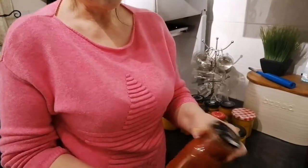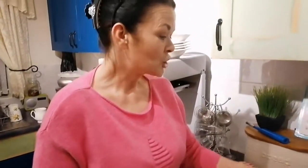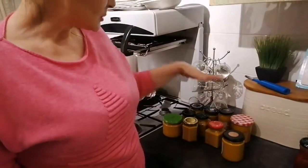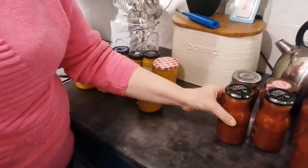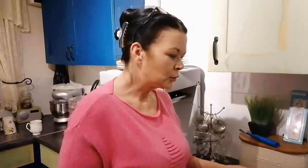I've told you before, people actually collect them and give me them once they've finished using them, and I try and look for the jars that are most suitable. So this is a condiment, and I feel they're more like condiment jars. This is a sweet and sour sauce, so I've used those types of jars, so it's portion size and more appropriate to the food that I'm trying to store. So as I say, this is a disclaimer that I use recycled jars,